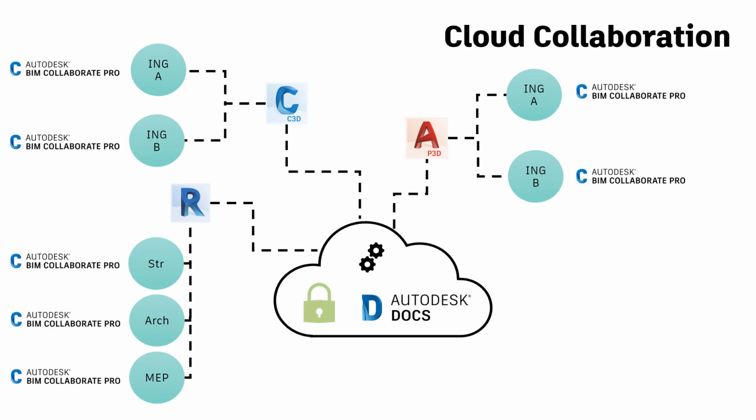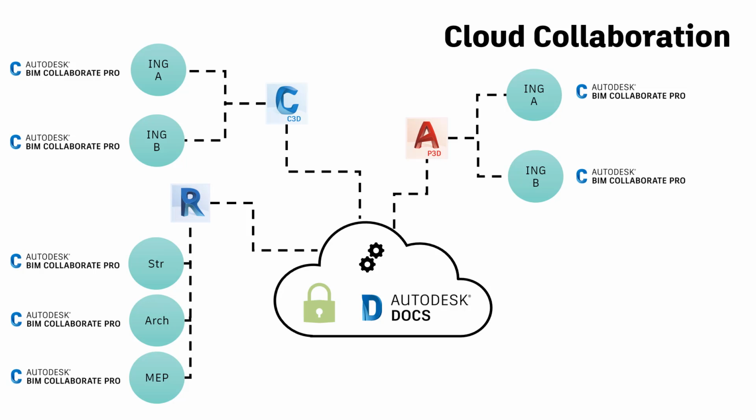Cloud-based collaboration is a bit different. First, we do not need servers. The data resides on the cloud on our Autodesk servers, so it's a ready-to-use solution. So the data sits on our common data environment, which is Autodesk Docs, and all disciplines, like in this example, structure, architecture, MEP, can collaborate on the same Revit models or specific models linked one